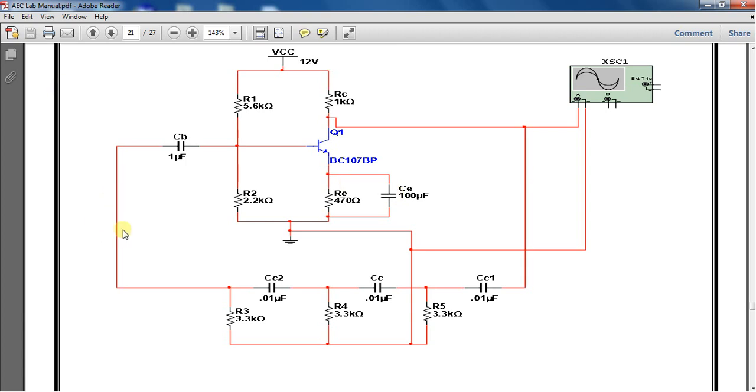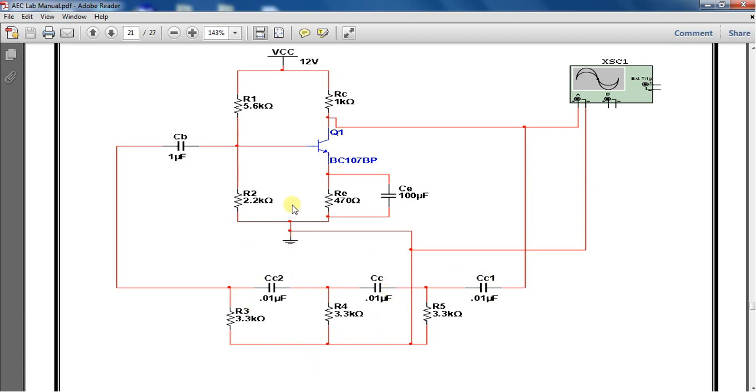What is the meaning of oscillator? It means without the input, by using this bias voltage, whatever output it is getting will give the feedback to the input signal through these RC sections. Why are we using three RC sections? Each RC section gives 60 degrees phase shift.